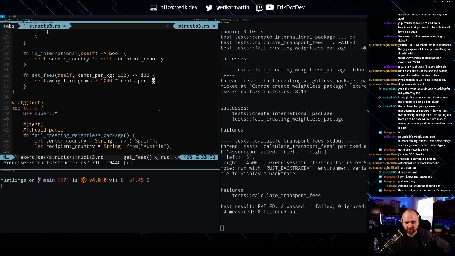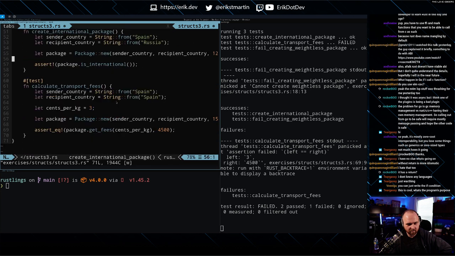Where did we go wrong? Weight in grams, but get fees. Why is that returning back 3? Cents per kilogram should be, because the weight is in grams, so in order to get it in kilograms, we divide by 1000. So that part would have been right. And then we would multiply by this. So that logic is right. So this can't be right.